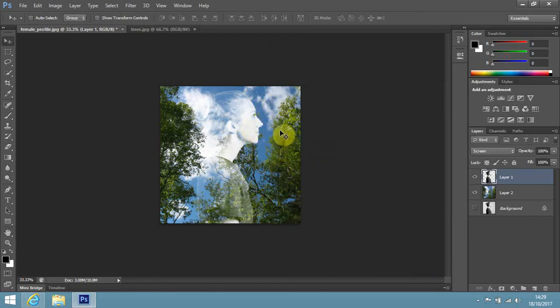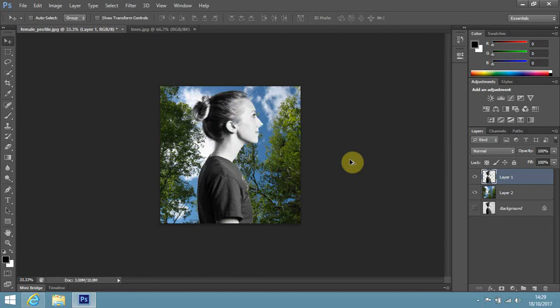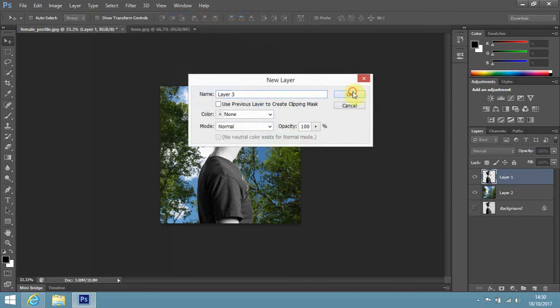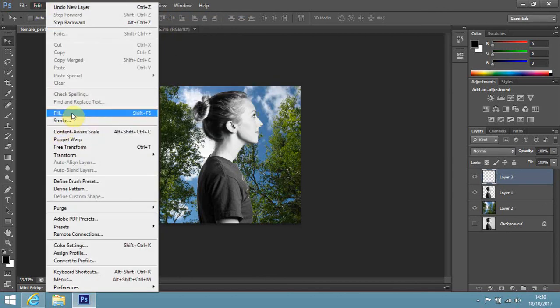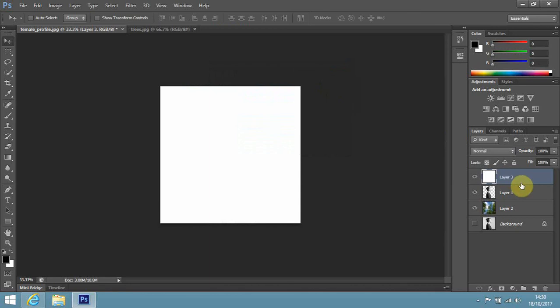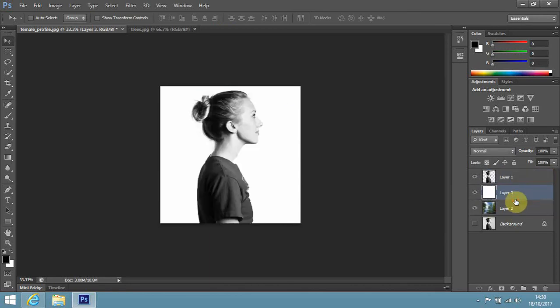Because we've got all of this round the back, because you can see this is just showing through the other layer. So what we really need to do is to put this layer on white. So let's go back, Control Alt Z, forget the blending option, make a new layer, Layer, New, Layer, OK, Edit, Fill, using white in the contents, OK, put it behind her so we can see her in front of it,